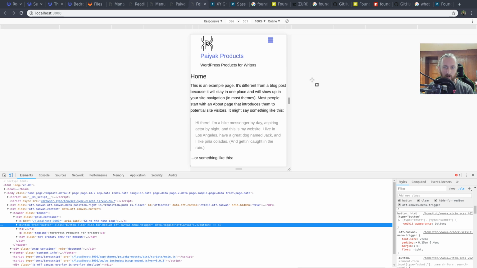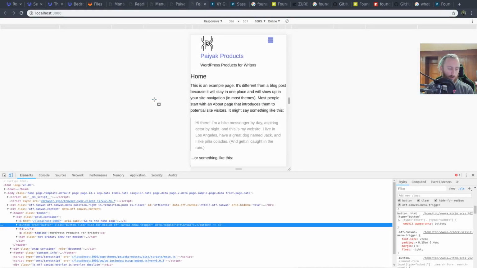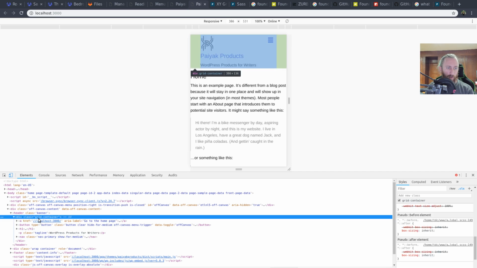It does need to be further down though. So if that's about our size, width height 30 pixels. Okay. What I would do in this case though is just have this